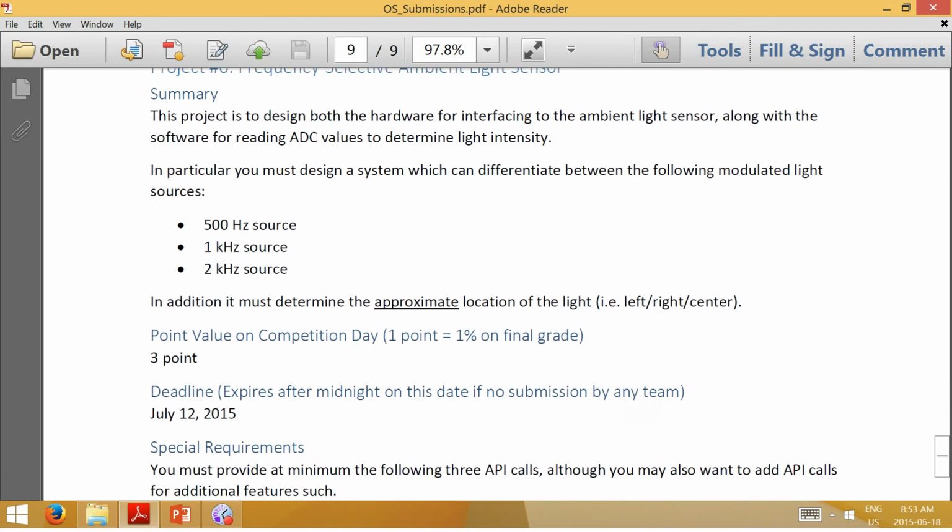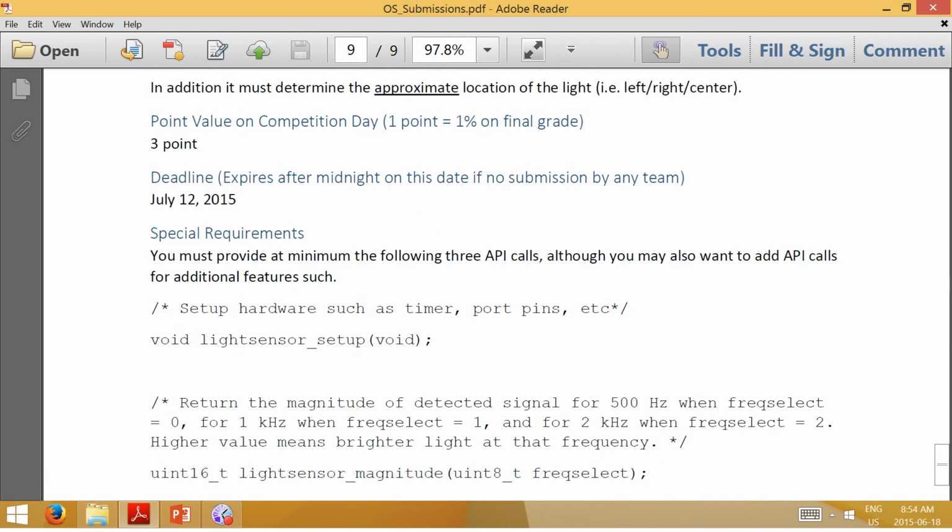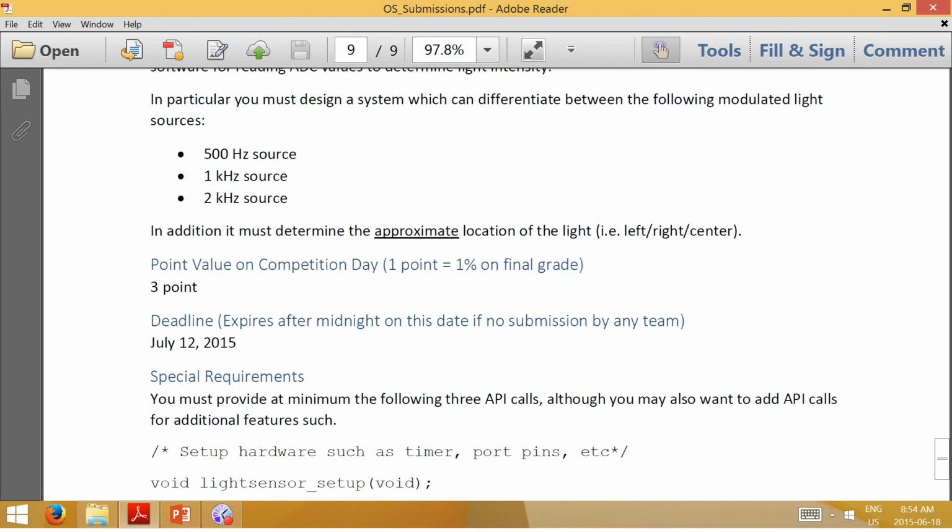Finally, we'll cover today how to do some of the stuff you need in this project, to differentiate between 3 frequency sources, as well as determining the approximate location of a light, so is it to the left or the right of the robot. And this is, again, using all parts in your parts kit, plus I believe you can use resistors and capacitors as needed as part of the competition.